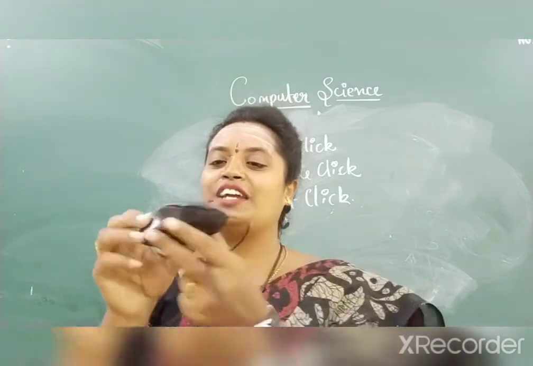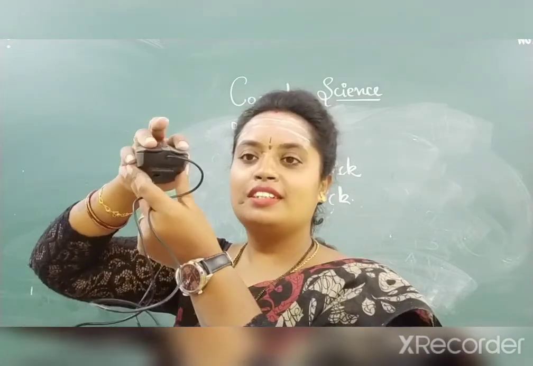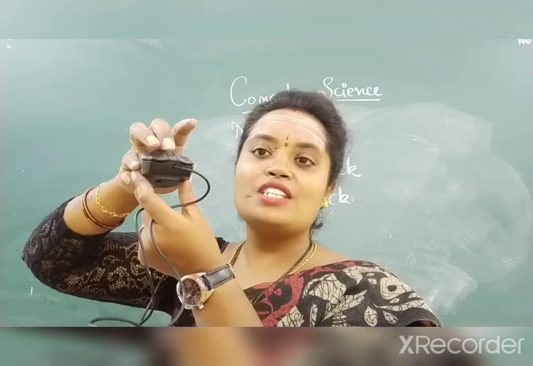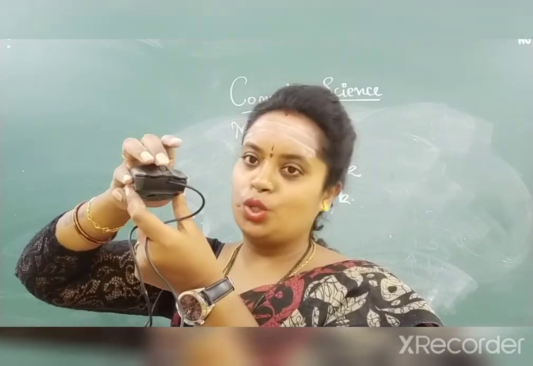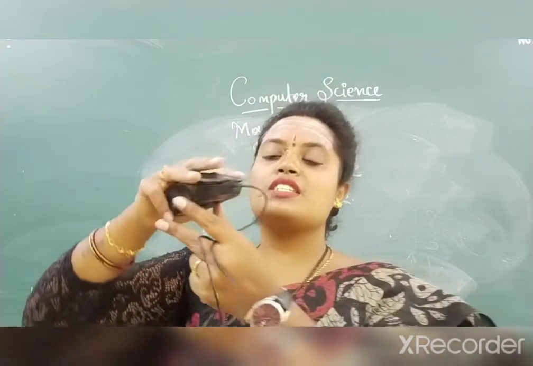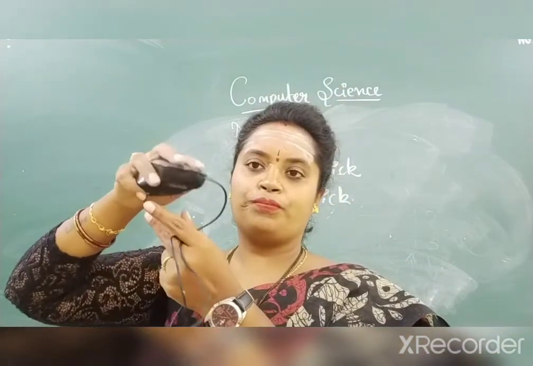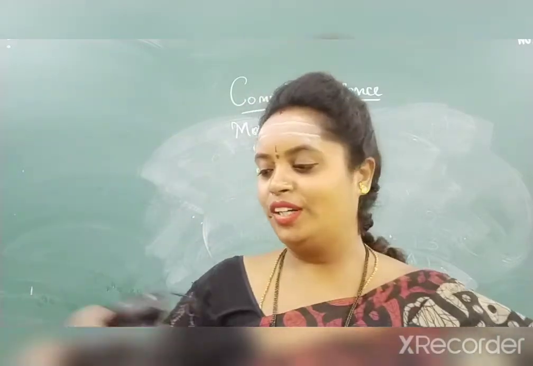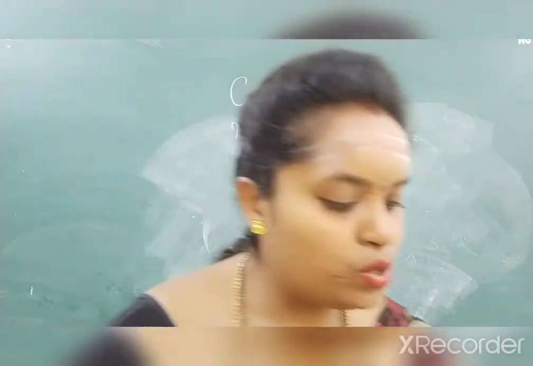Everybody is seeing this mouse here? Very good. Again I will repeat it. This is a right click, this is a left click and this is the middle click, and scrolling can be done. Up and down you can move. Got it children? Did you see a mouse? And this is how you are supposed to hold the mouse. So what does this mouse exactly do?